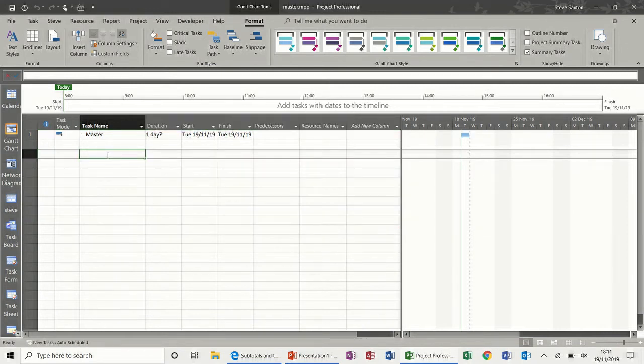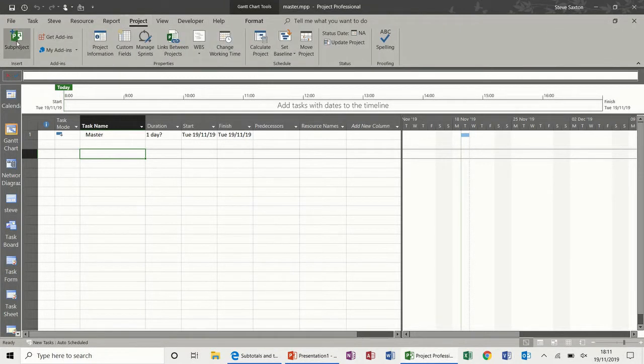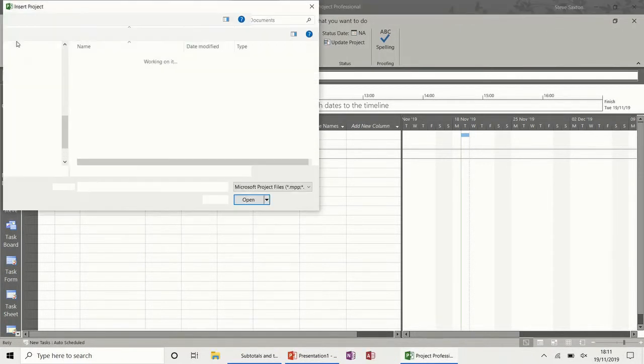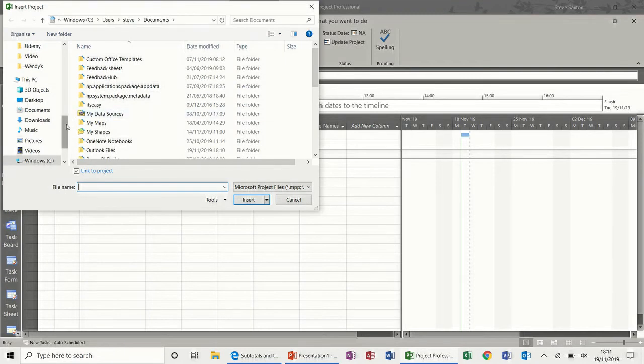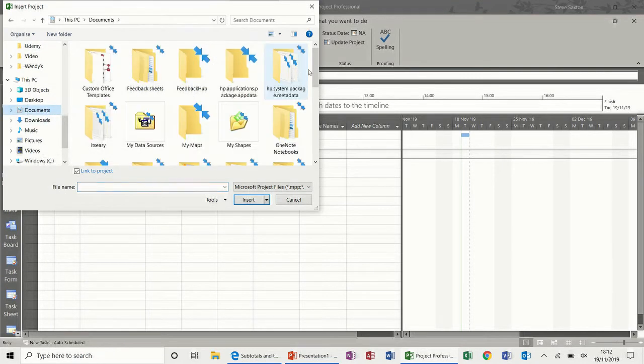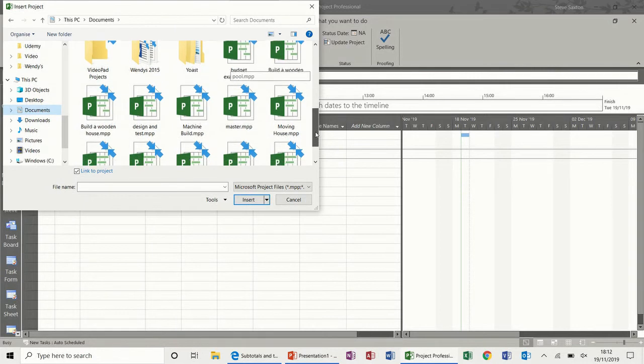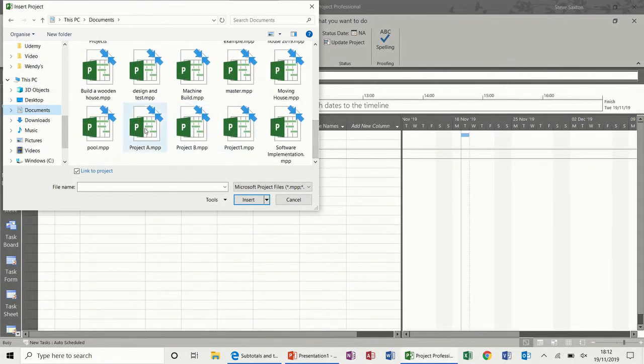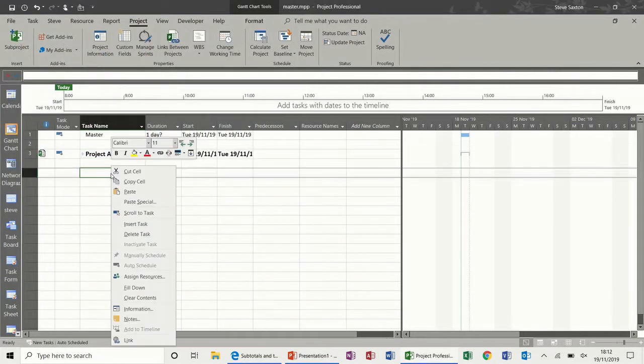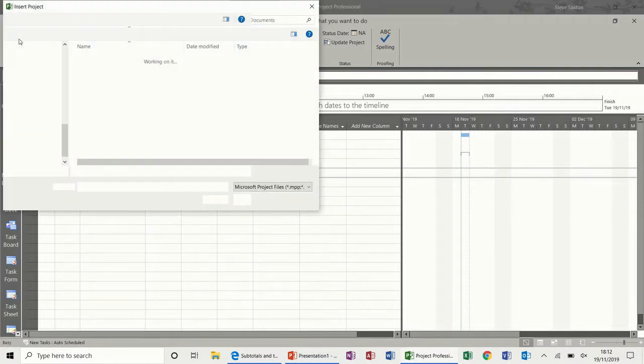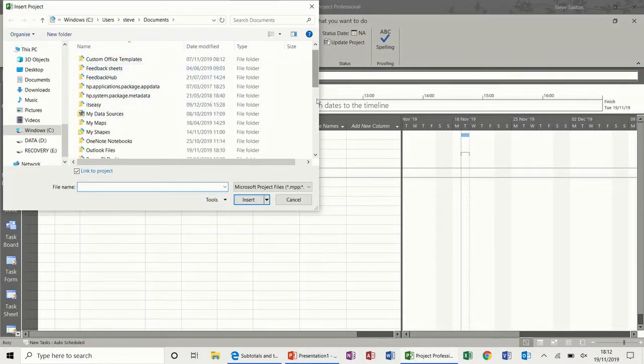So to create a sub-project, you are going to the project tab, clicking on sub-project, and then finding the project that you want. So this is in documents. So project A and project B, there's project A. Same process for project B. Find project B,